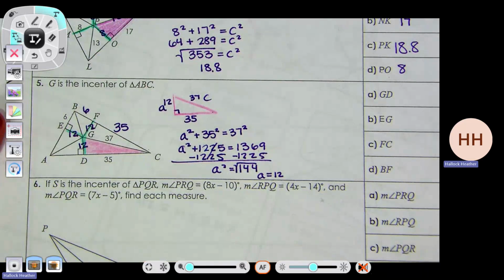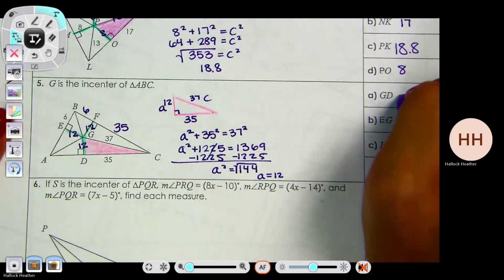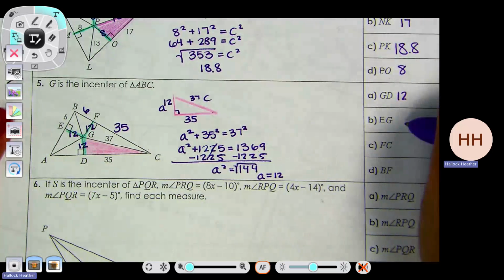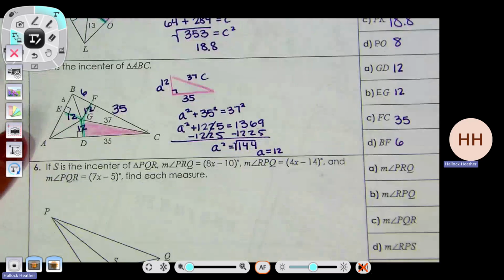How much is GD? Well, how much is EG? 12. 35. FC is 35. How much is BF? Yeah, what's BF? Okay. 6. Okay. So the next one